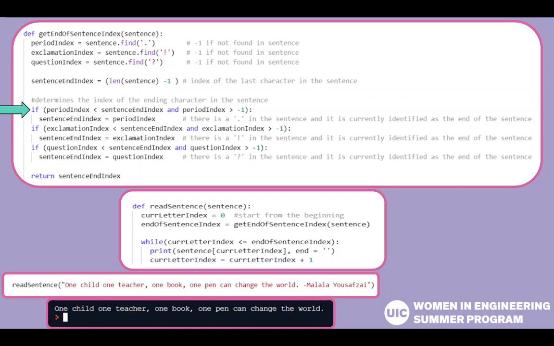That means that we have found a character that ends our sentence, but we have to make sure that we are not interpreting a -1 as that, because there is a chance that maybe we don't have a period there. And since -1 is going to be less than 0 and any other value, we have to look for that too. Okay, so that's why we have period index less than sentence end index, and also